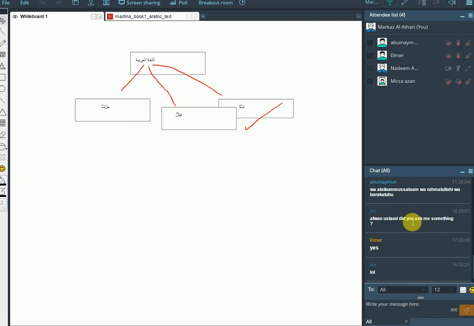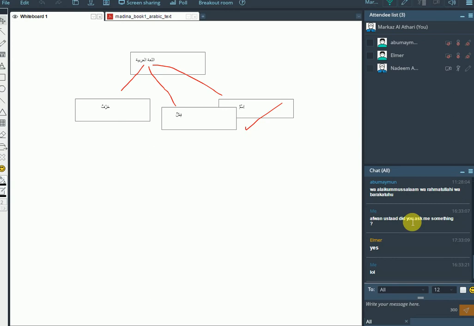Harf, my brothers, is talking about those small letters, the small indicators that give some direction to the nouns. Usually, for example, huruf al-jar that we studied already, fi, ala, min, ila, and other words like tahta, and the opposite of tahta, which is fawqa. And there were other words that we studied from that same group.